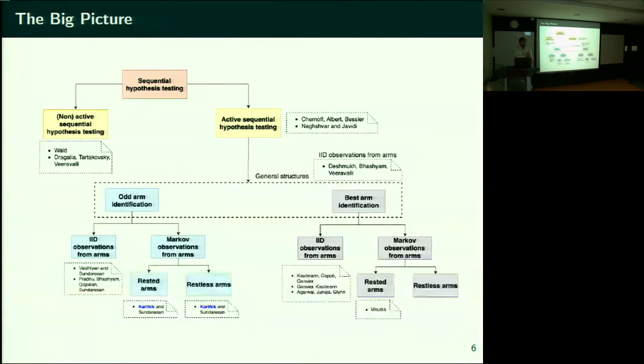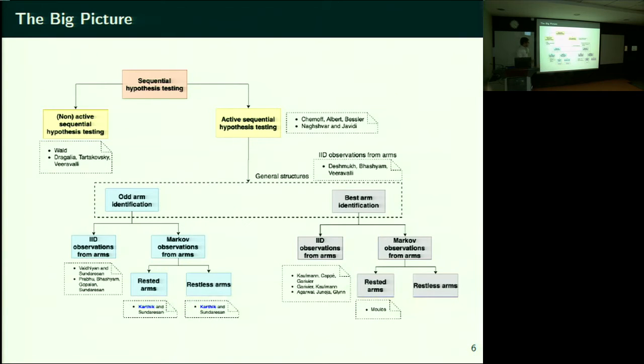Just to give you a big picture of where we stand, all of these problems come under the purview of what is called sequential hypothesis testing. Sequential hypothesis testing just means you want to identify a certain true hypothesis. For doing that, you have to collect observations, but I don't give you all the observations upfront. You ask me whenever you want an observation; if you want one observation, I'm going to give it to you. That way you can optimize the total number of observations you take on average. In this broad framework, we sit at the bottom of the table, so my talk here is going to be about this.